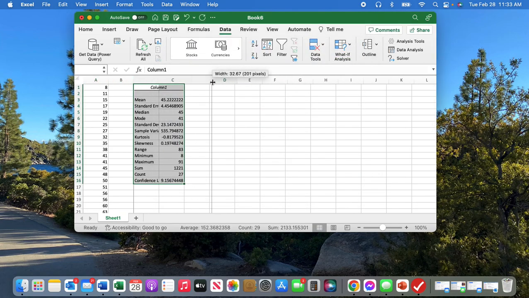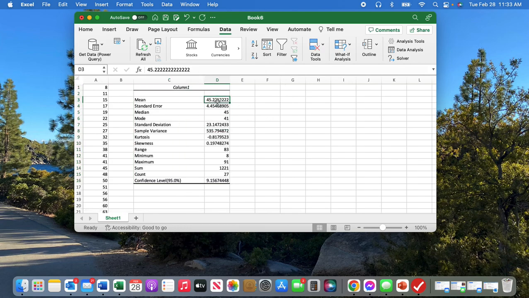And here is everything you need to know about this data. Here is your mean, here is your standard error, here is your median, mode, all of that stuff. We don't need any of that. But what we really need is the mean, and then we have our confidence level, the 95%.